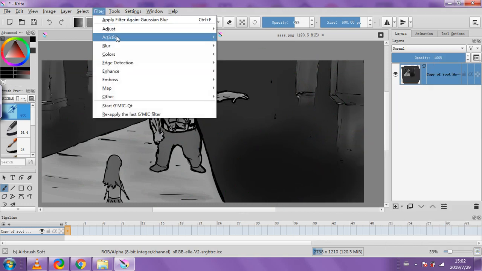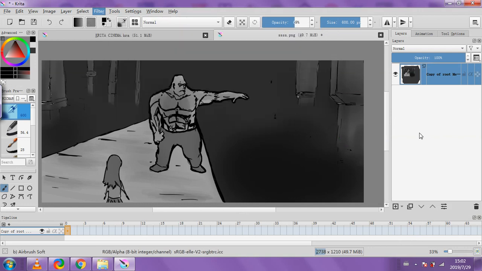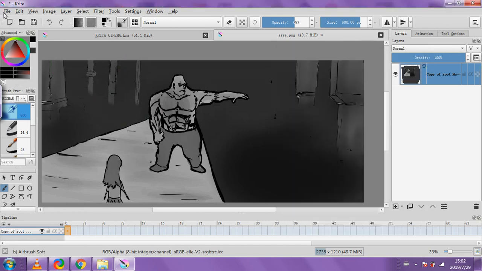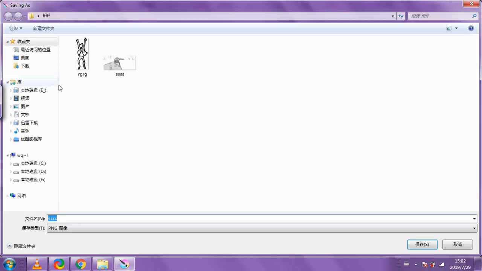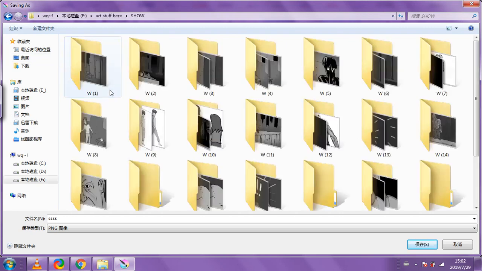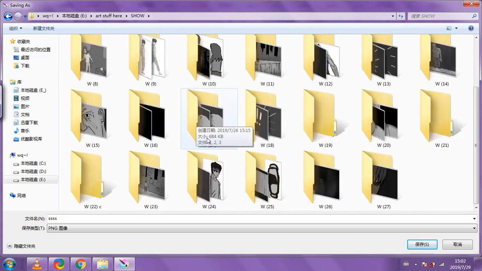And see, play with the contrast a bit on the whole layer. I've merged it all in one layer now. Play with the contrast a little bit if you want to. Save that. Bam, I'm going to save this one out and say thank you for watching, guys. Okay. Got to set it into the right place though. Get rid of those crappy things. Oh, it's not finished actually. I've got to do the guy. I've got to draw the guy, haven't I? So we'll just do that guy really quickly as well, yeah?